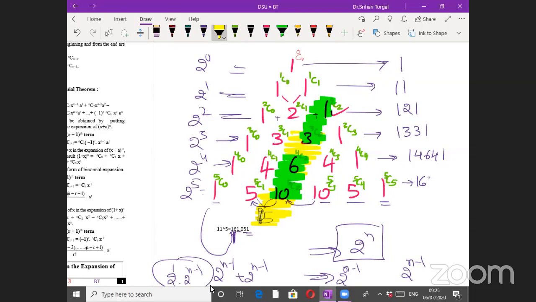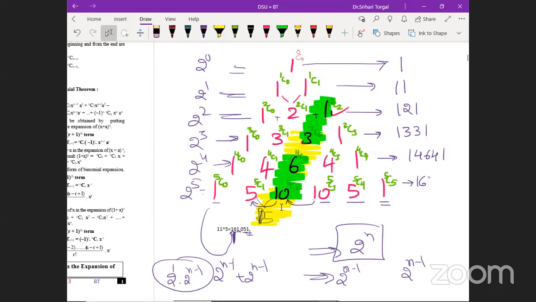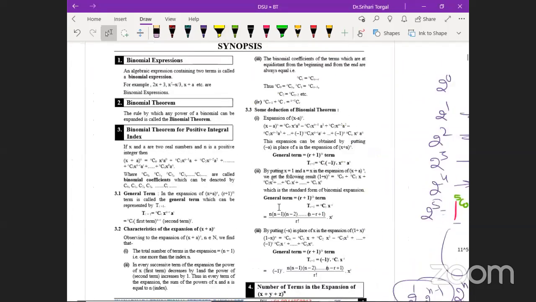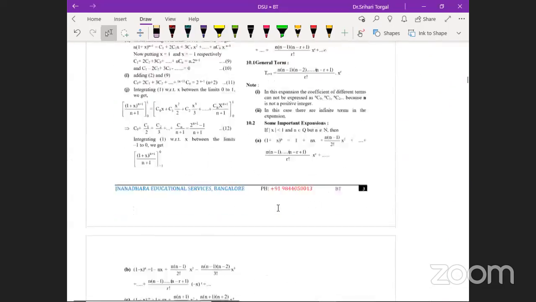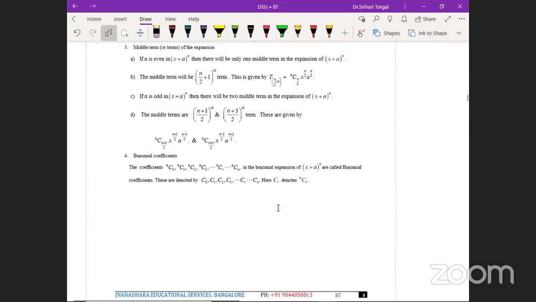Squares, cubes, but you have to know the pattern, how to extract those numbers from this Pascal triangle. That is important. Okay. Pascal triangle easy calculation here. Yeah. Now let me move on to